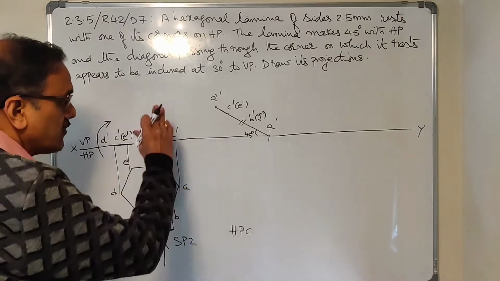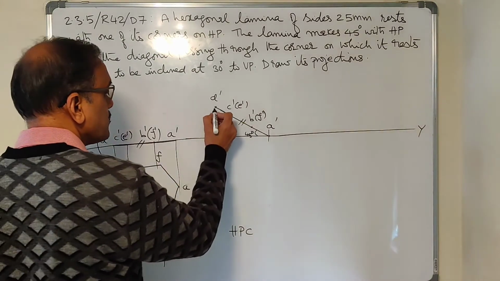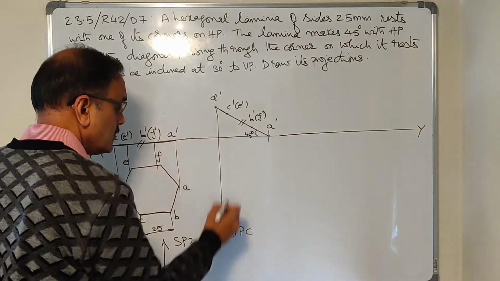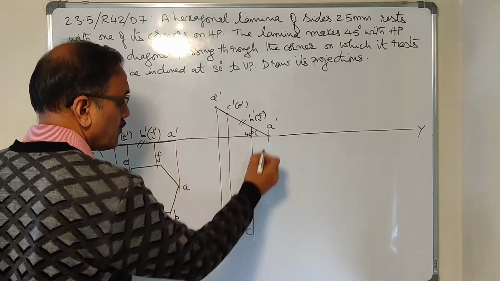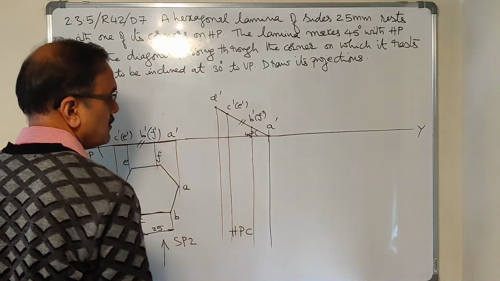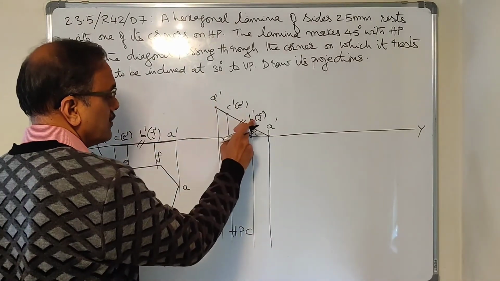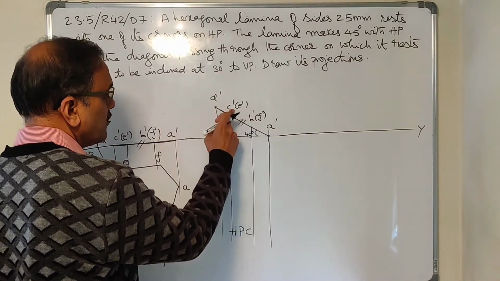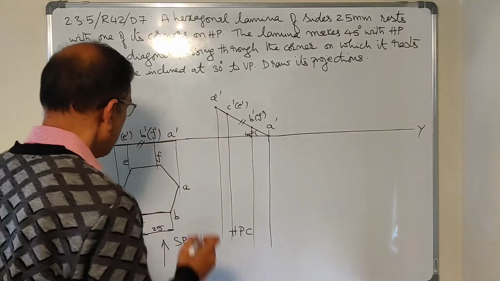Done. So that is how the front view appears. Now let us see how the top view appears in the second step. Draw the projectors from 4 points. In fact, there are 6 points, but 2 points are common here. Even for here also you have 2 points common, so you will get a single projector for them.